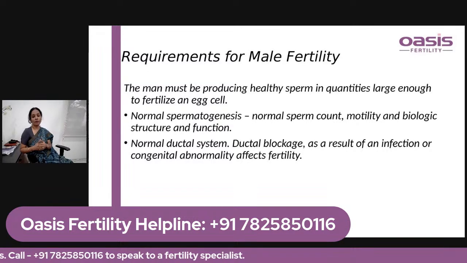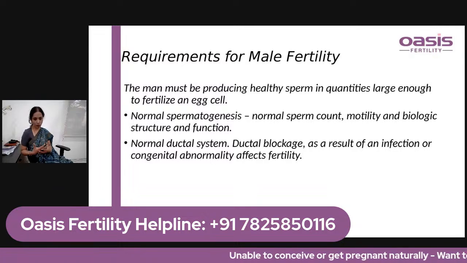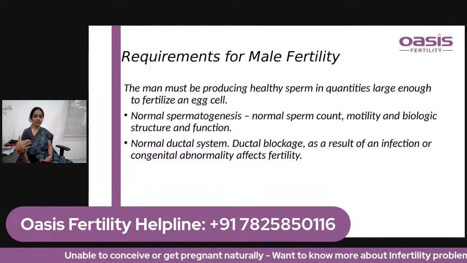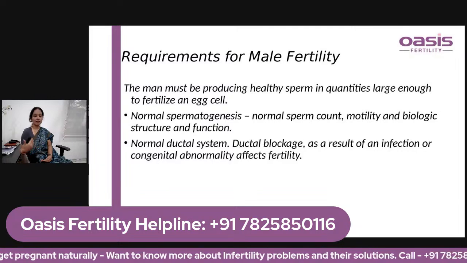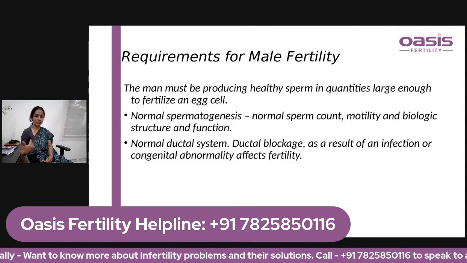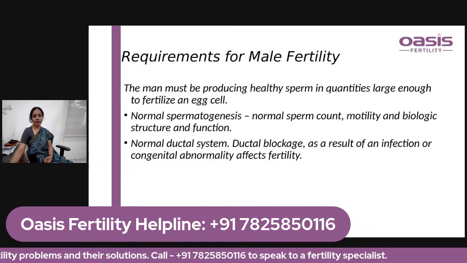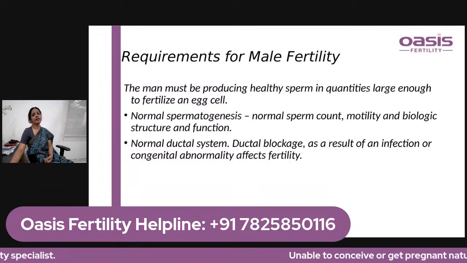Likewise, the main requirement for male fertility is to support the production of normal spermatogenesis. Okay? Next is to have a normal ductal system. Even if sperms are produced in the testis, to bring the sperm to the outside, the ductal system should be patent without any blockage. So we can say that we need enough healthy sperms to be produced in men, with normal sperm count, with normal motility, and also most